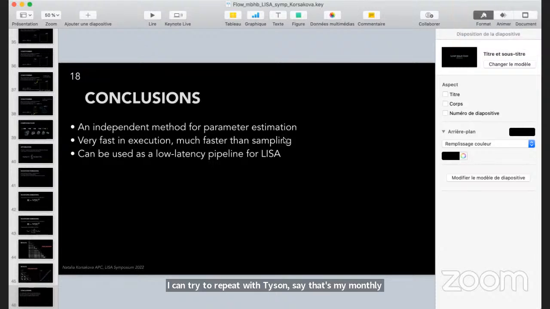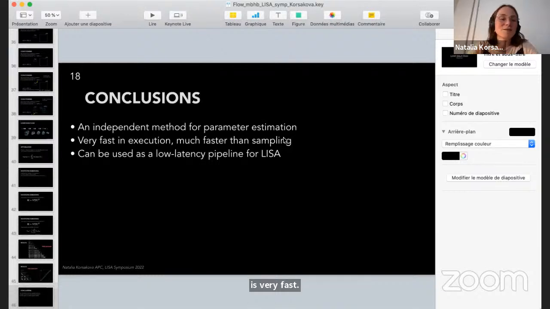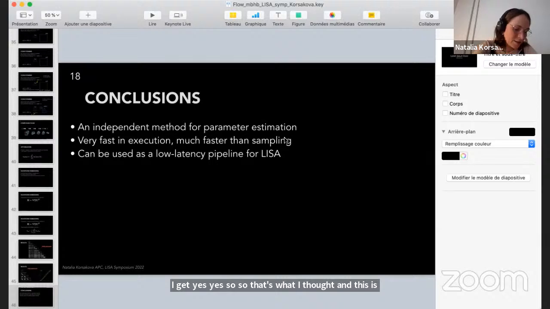So basically, imagine you have posterior samples from some high-dimensional distribution, and you use this tool to convert these discrete samples into some continuous function, which is very fast to evaluate. That is what I understood from what Tyson said. Yes, the answer is yes, and this is actually an easier problem.